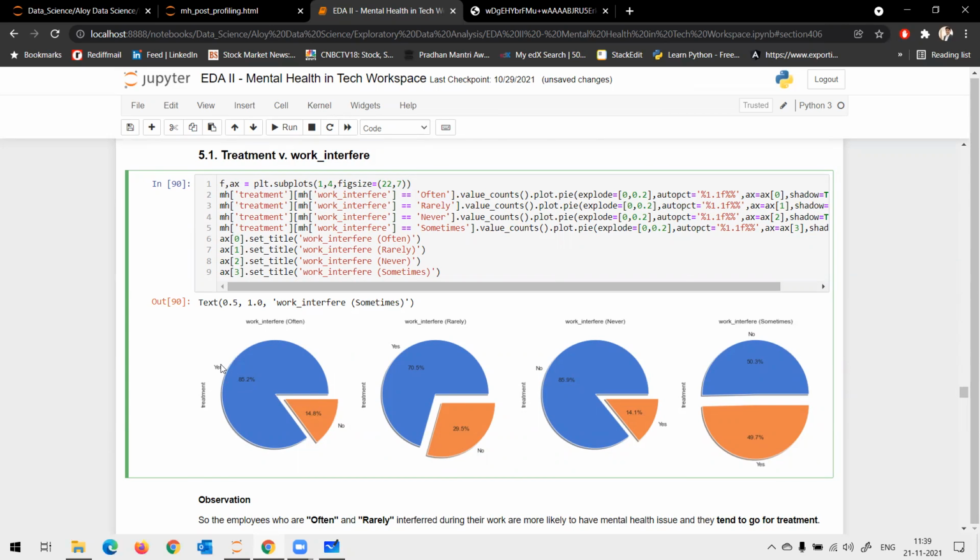If they go for treatment, that is yes, and if they don't, that is no. Correct? In a similar way, I plot the other categories also. What can you infer from this plot? Look at the plots very carefully and tell me what is the relation between treatment and work interference.